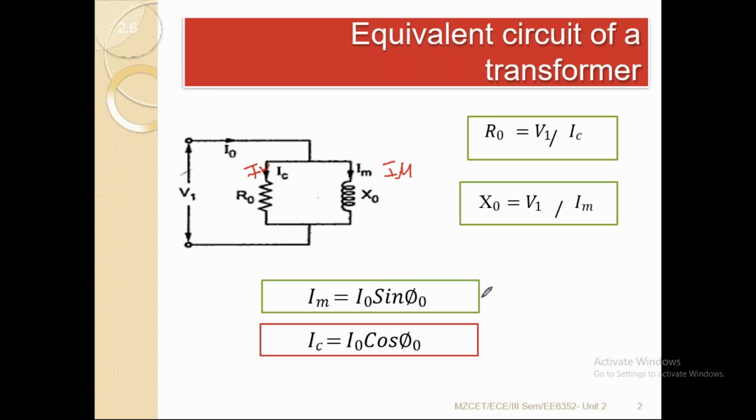From here you can solve this equation if you know the power factor from the wattmeter. Only by knowing the wattmeter power factor can you calculate the core loss component and the magnetizing component. What did we find in the OC and SC tests? In the OC or SC test, we assume the power factor at different conditions: cos phi equals 0.2, 0.4, 0.6, 0.8. Based on that value, you can calculate IC and IM. Now, after finding this equation, we need to simplify the primary and secondary into a single circuit. Let me see how that will be possible.